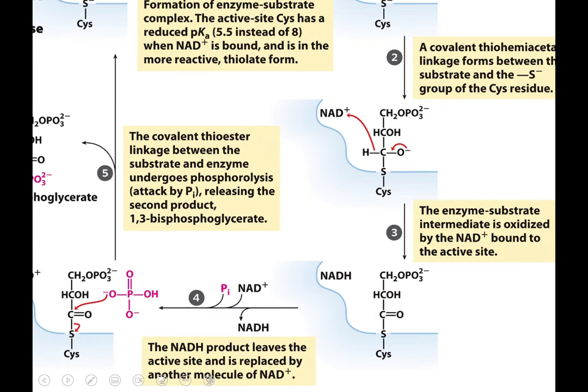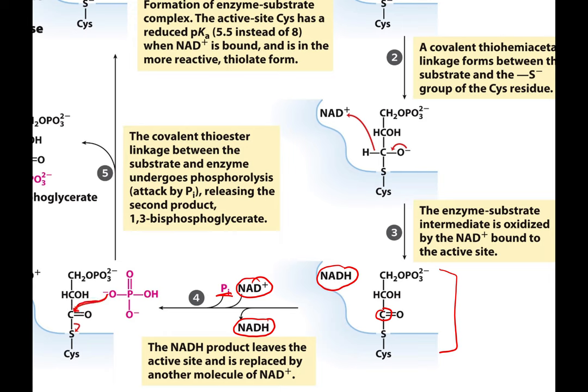We now have this intermediate where we have the reduced NADH. This carbon has now been oxidized, but it's trapped, covalently linked to the enzyme through this thioester bond. And that bond is holding energy for us. That bond makes it reactive. So in the next step, we can bring in phosphate. We can swap out our reduced cofactor for our oxidized cofactor. And this phosphate can then readily react with that